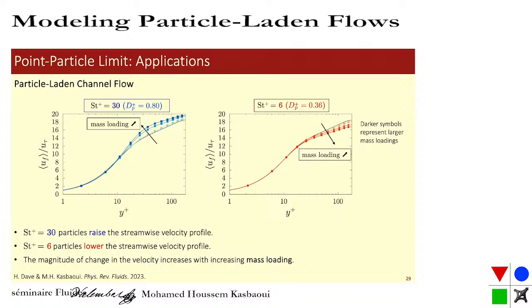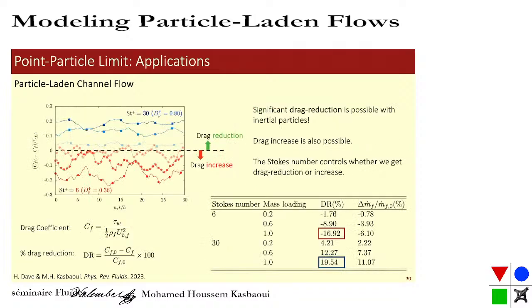But in a more quantitative way, we can look at velocity profiles. With these, I'm going to call them in a moment, drag reducing particles, the velocity increases, so the flow rate increases with these particles, and it decreases with these particles. The degree to which it increases or decreases scales with the mass loading. So mass loading has an effect on the intensity of the coupling between the two phases. We computed this metric, which is called the drag reduction factor, and we observed essentially a drag increase of 17% in the case of the smaller particles,